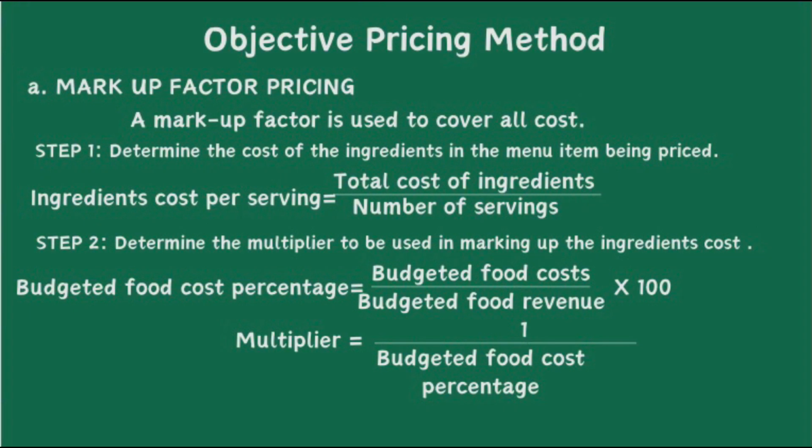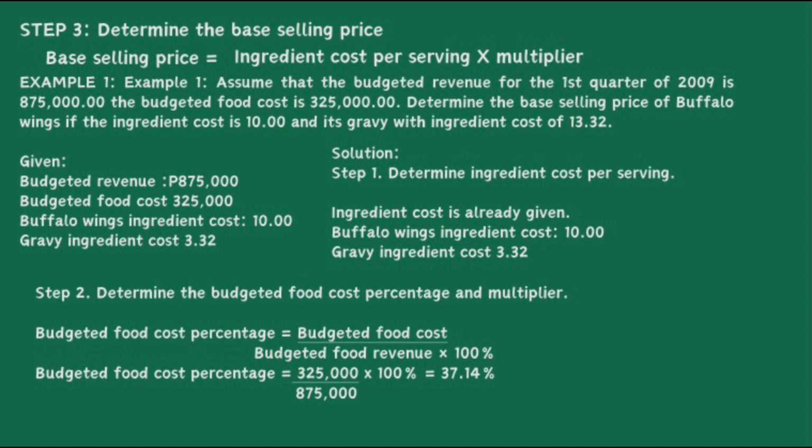A markup factor is used to cover all costs. Step 1. Determine the cost of the ingredients in the menu item being priced. Formula: ingredient cost per serving equals total cost of ingredients divided by number of servings. Step 2. Determine the multiplier to be used in marking up the ingredient cost. Formula: budgeted food cost percentage equals budgeted food cost over budgeted food revenue times 100. Multiplier equals 1 divided by budgeted food cost percentage. Step 3. Determine the base selling price. Base selling price equals ingredient cost per serving times multiplier. Example: